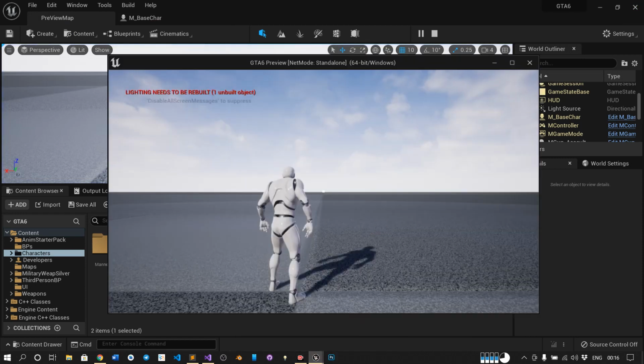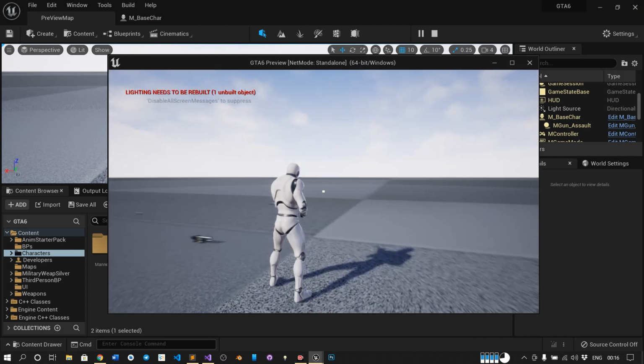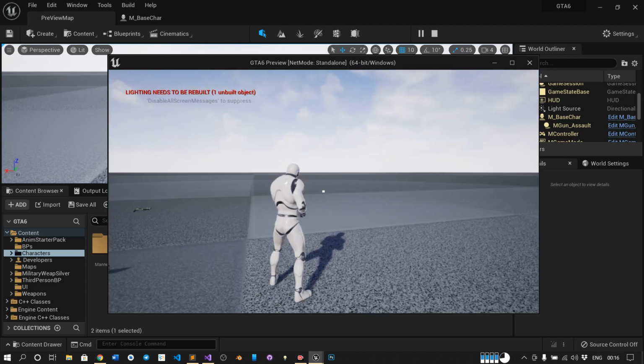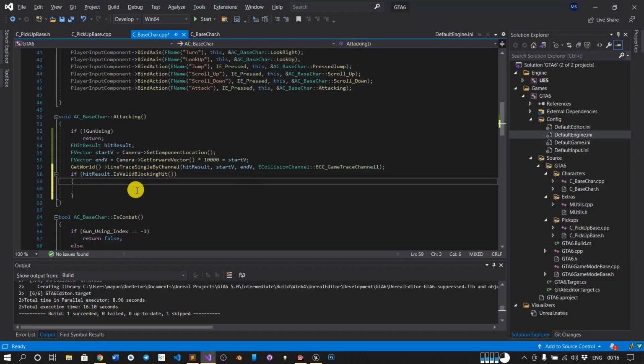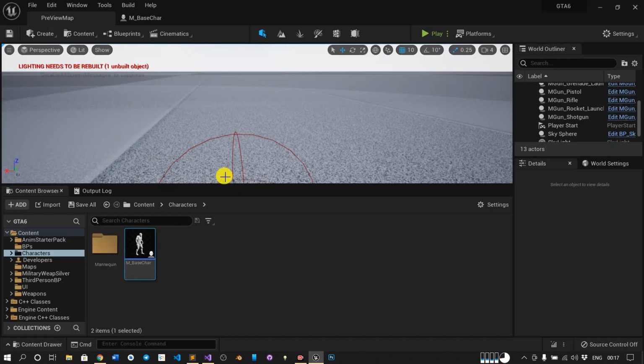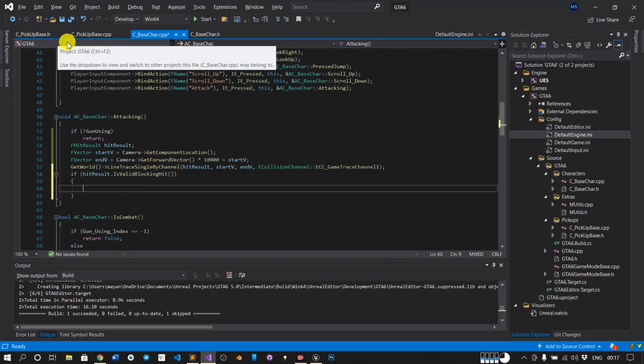Okay. Go to the gun, press E. Now everything is fine and it is in perfect position. So next thing, we have set up the HUD. We were setting the hit result. So here we want some emitter to be there when we are firing the gun, right? So first thing, we need that emitter.